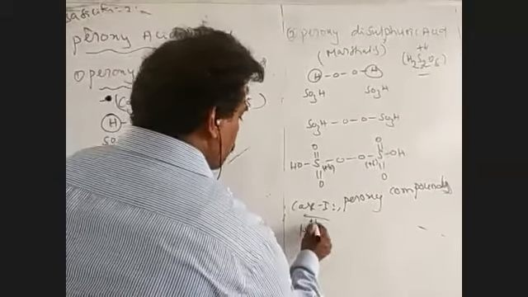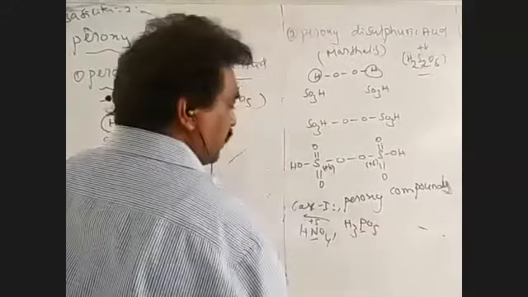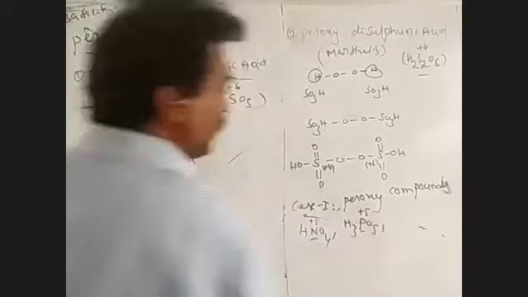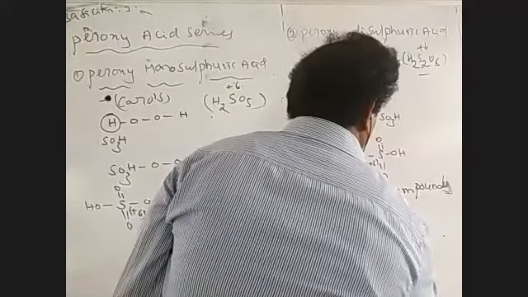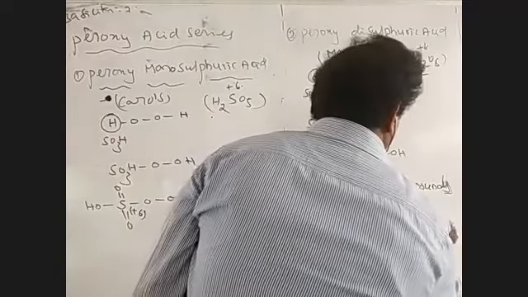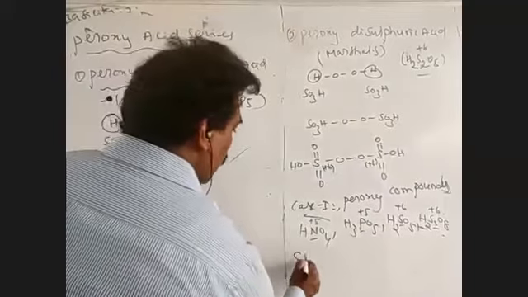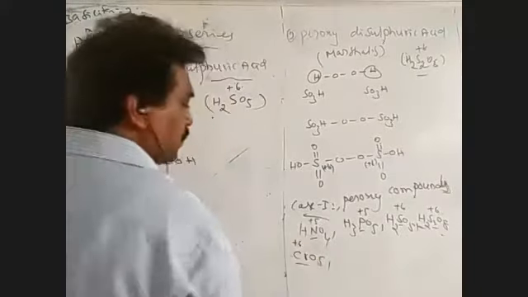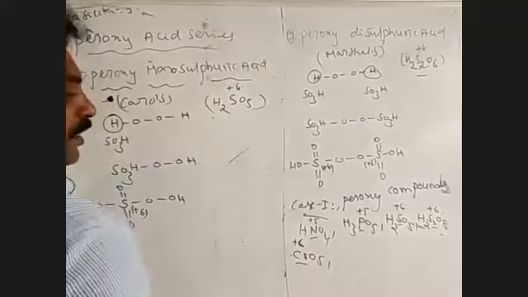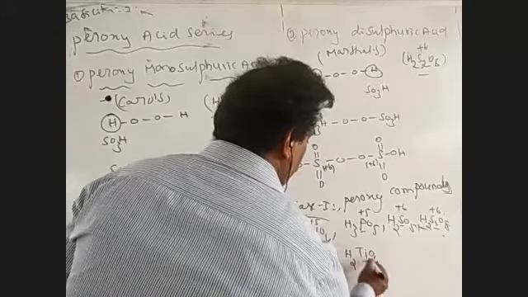The oxidation state of nitrogen is +5. H3PO5 is peroxy phosphoric acid, and the oxidation state of phosphorus is also +5. In H2SO5, the oxidation state of sulfur is +6. In H2S2O8, the oxidation state of sulfur is also +6. Another compound is CrO5, chromium pentoxide, where the oxidation state of chromium is +6. It has a butterfly-like structure. Another compound is paratitanic acid, H2TiO4, where the oxidation state of titanium is +4.